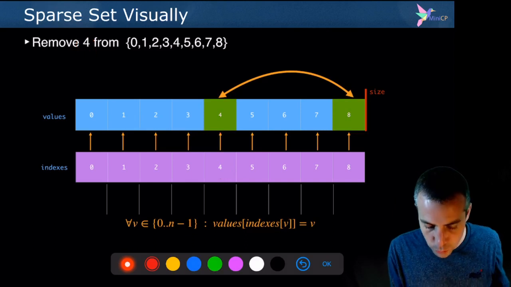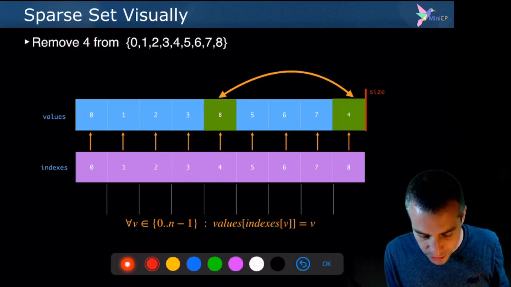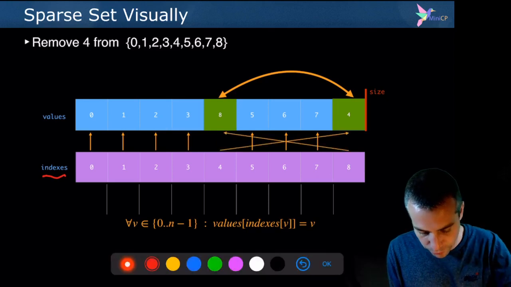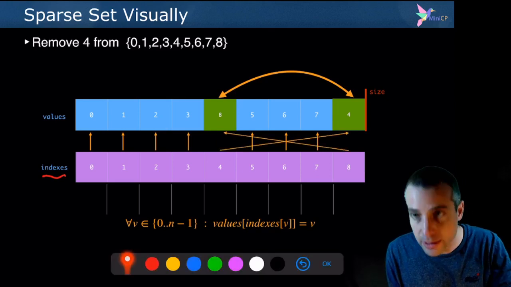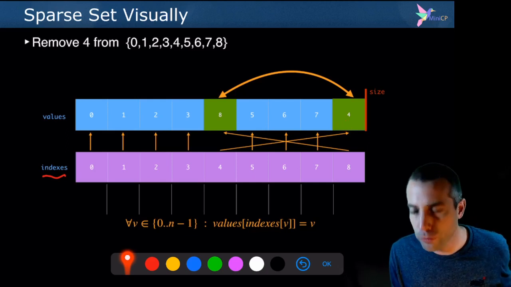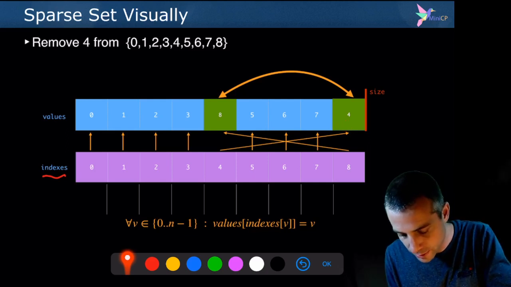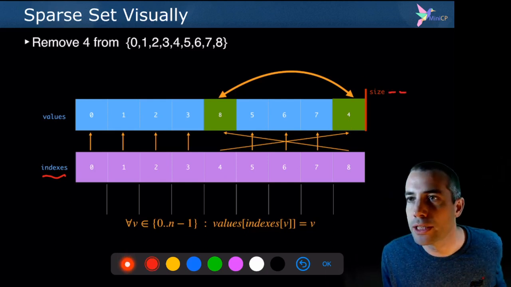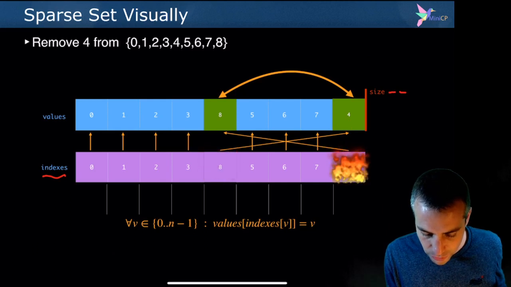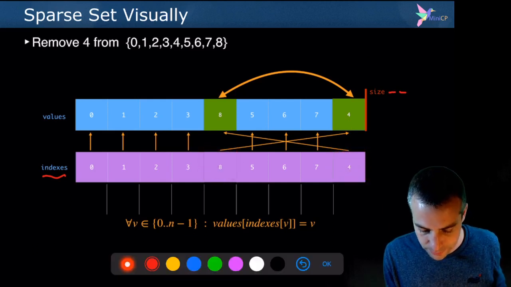I swap the two positions, and I reflect the change also in my mapping table, which is the indexes, to say that the value 8 now is pointing there, and the value 4 is pointing there. And to reflect that the value 4 has been removed, I simply do size minus minus to decrease the size so that the last value is now removed from the set.